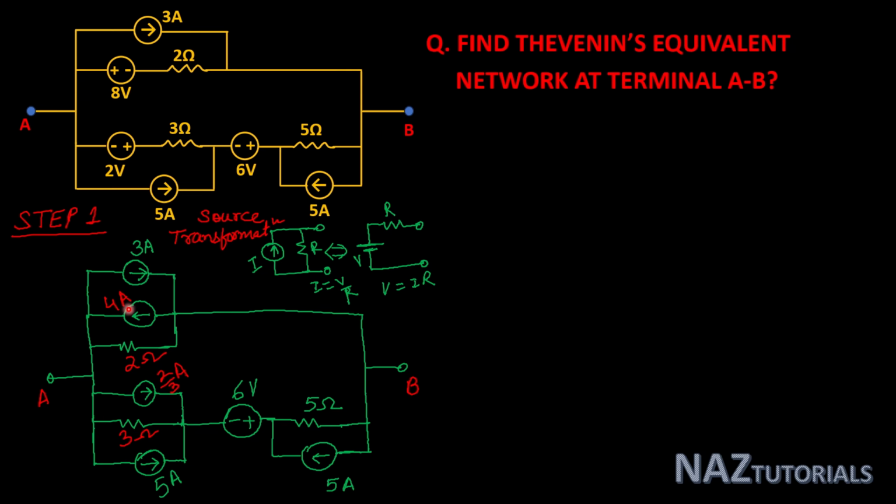Now see the values. It's a 4 ampere current source in the direction of the 8-volt battery plus to minus, and parallel resistance 2 ohm. And here this 2 volt in series with 3 ohm, its transformed current source value is 2 by 3 ampere in parallel with 3 ohm. These are the transformations. Now we will add these two